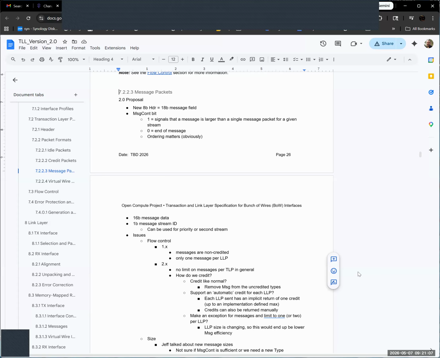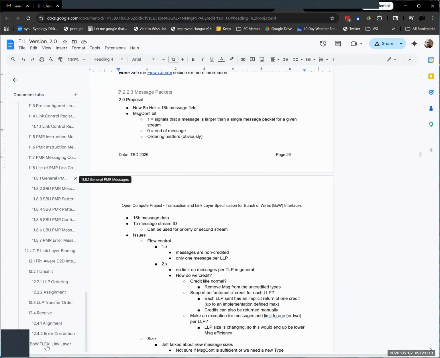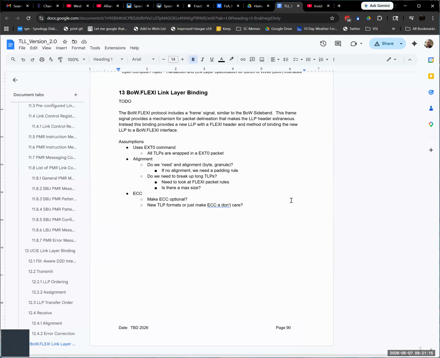Morgan has been sending out versions of the BoW Flexi document. I've started writing a BoW Flexi chapter here about how we map the link layer to BoW Flexi.